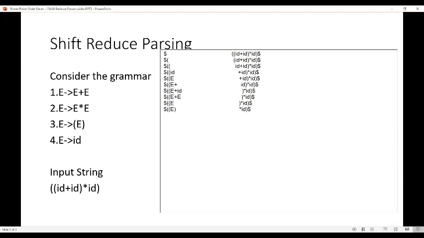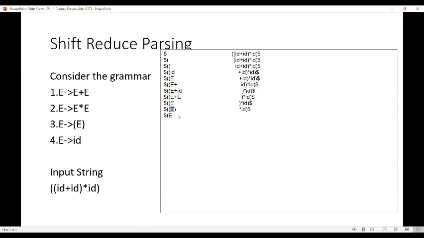Now using grammar number 3, we can apply reduce operation. That is, open parenthesis E and closing parenthesis is reduced to E. So the stack content would be only E, because this part is reduced to the starting symbol E. Okay.